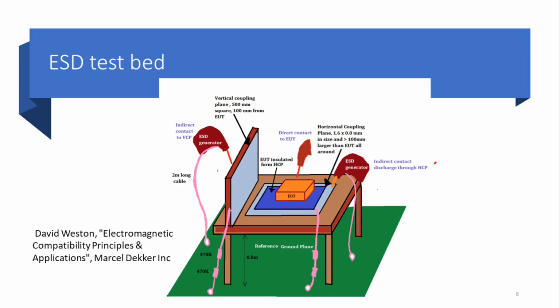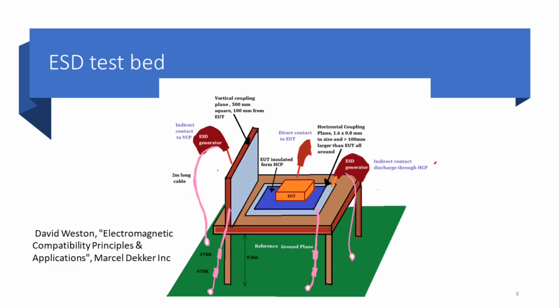So, for contact discharges, the tip of the discharge electrode shall touch the EUT before the discharge switch is operated. In the case of air discharges, the round discharge tip of the electrode shall be approached as fast as possible to touch the EUT. After each discharge, the discharge electrode shall be removed from the EUT. The generator is then charged for a new single discharge. So the discharge switch, which is used for contact discharge, shall remain closed.